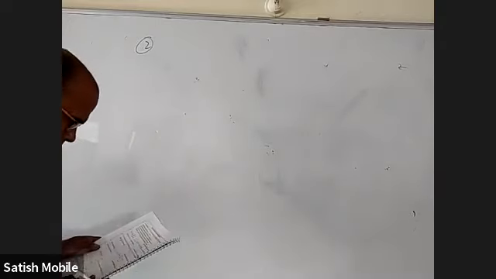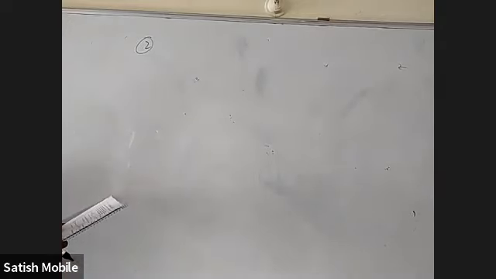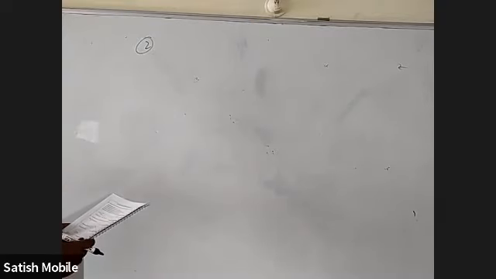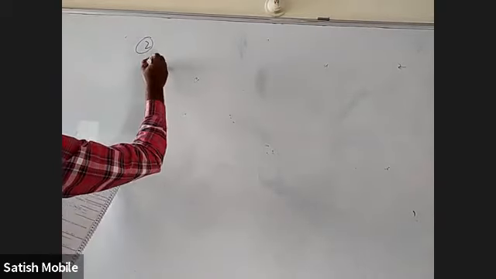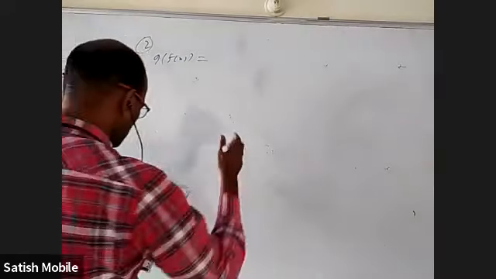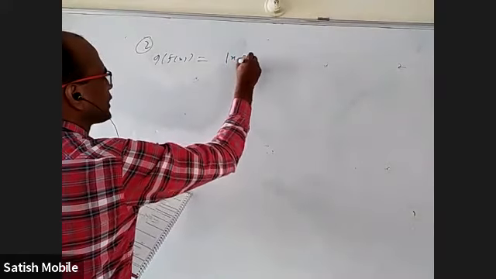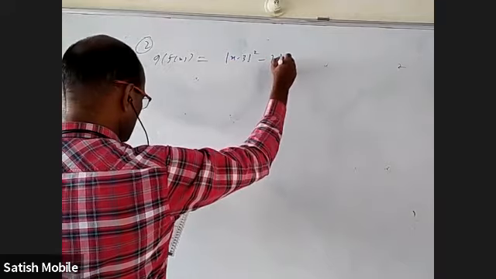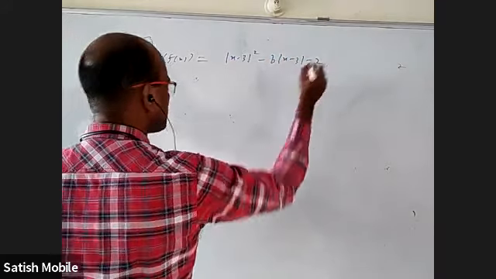Okay, in part 2, second question, they gave f and they gave g and they talk about g of f of x. Okay, I'll directly write what is g of f of x. It is mod x minus 3 whole square minus b into mod x minus 3 minus 2